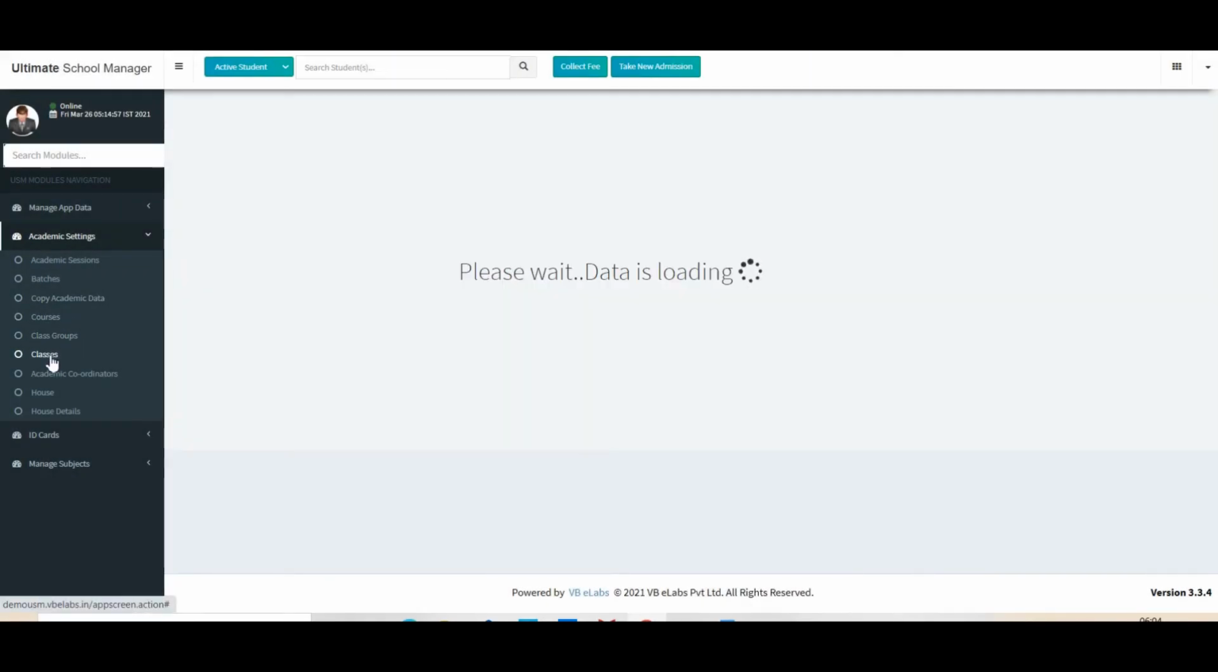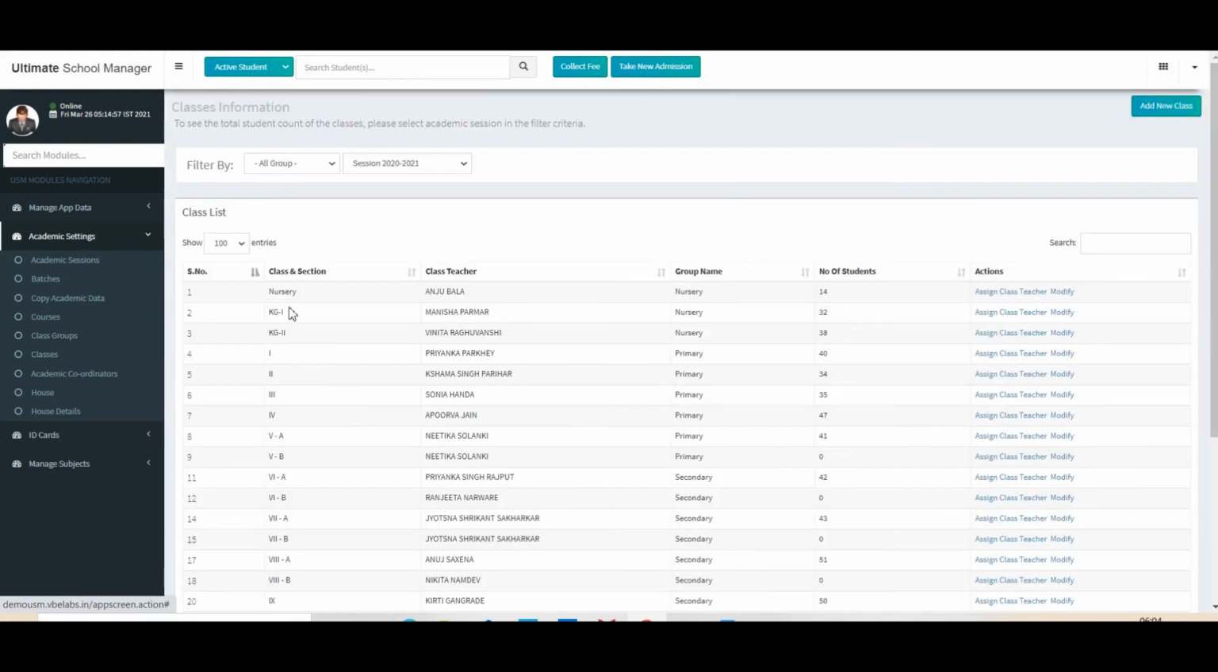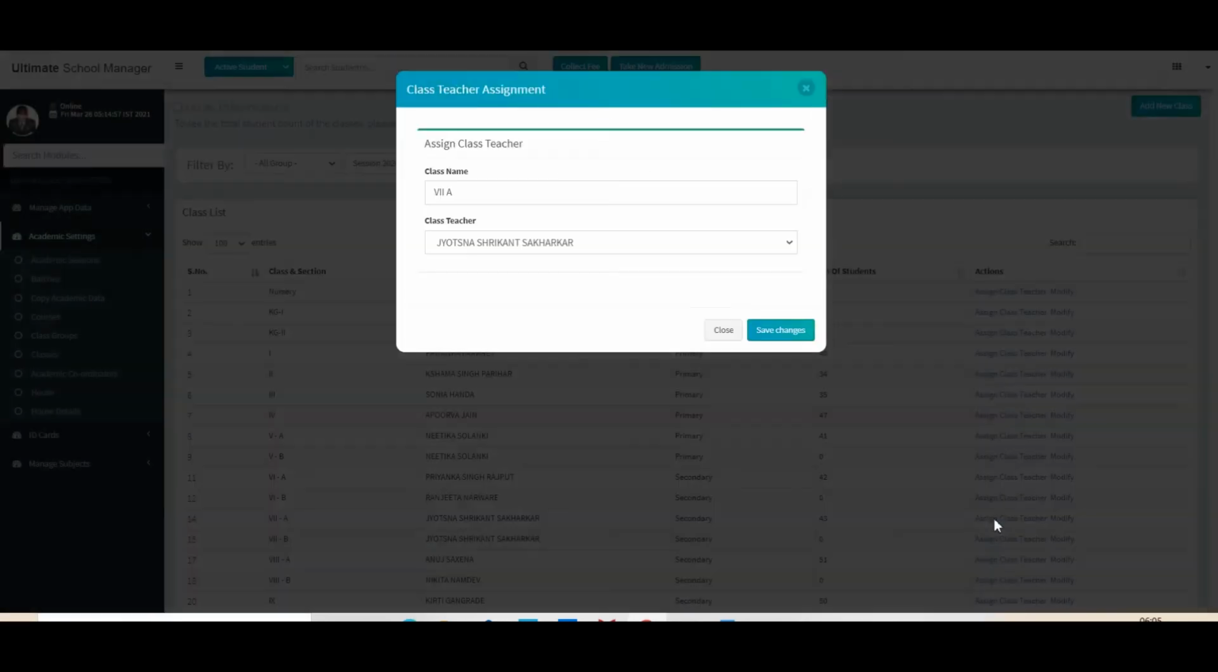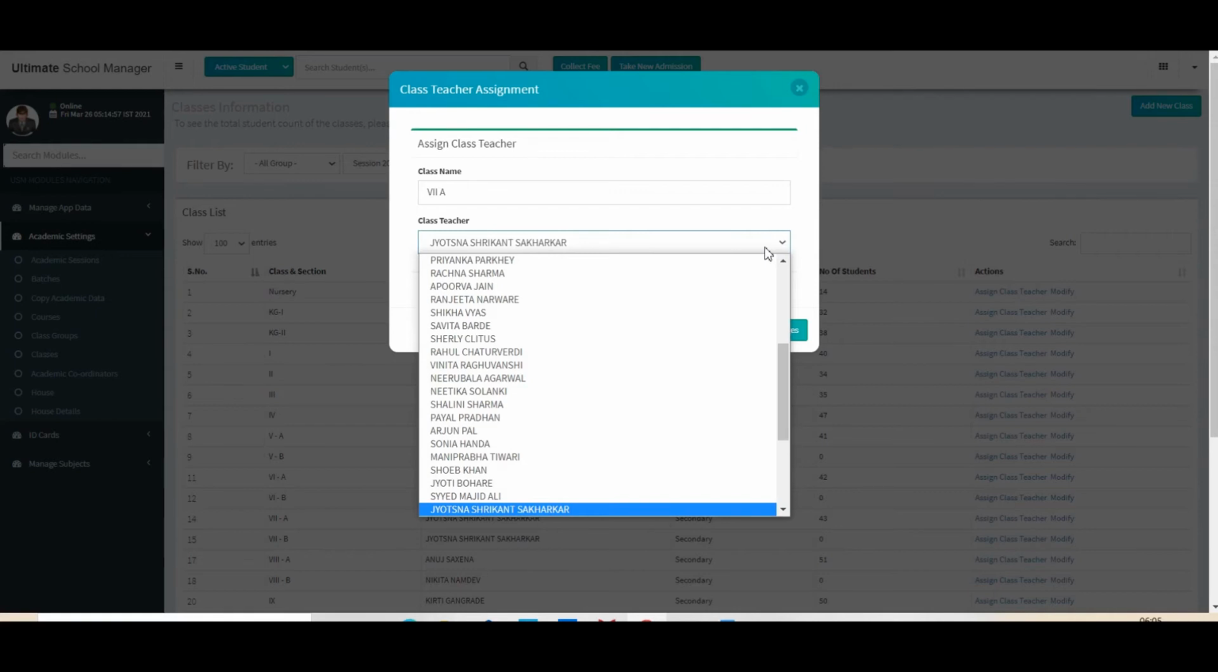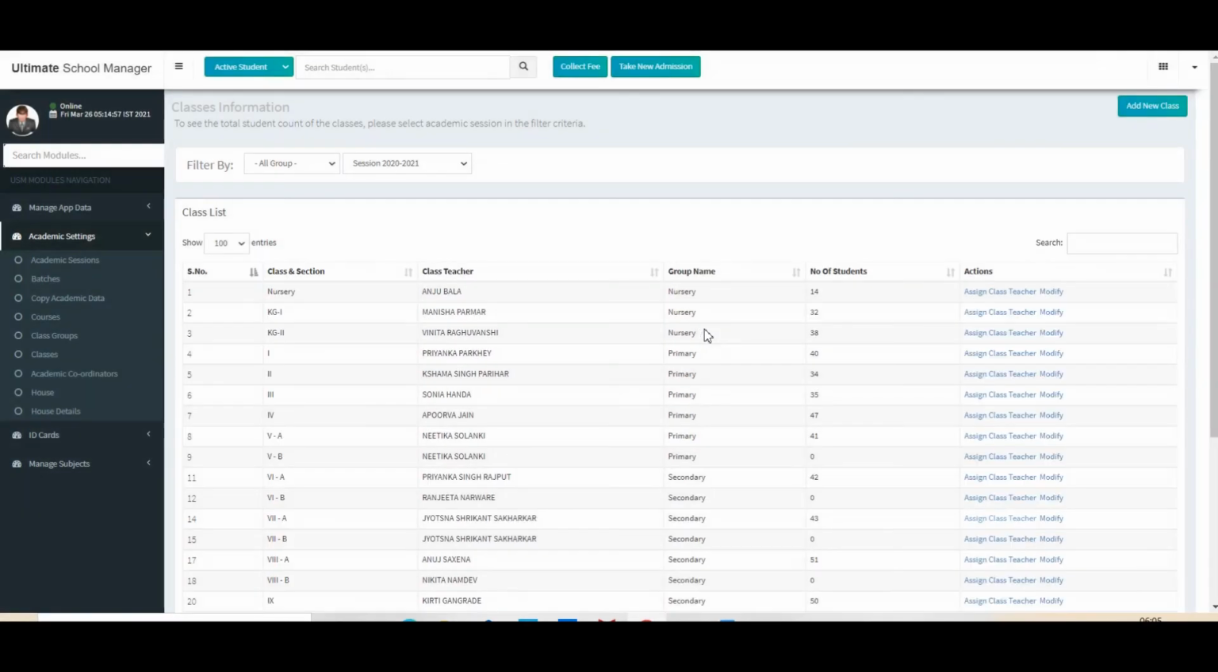Moving on to classes. Within these class groups, again we have the classes wherein we have section wise bifurcation. Every section can be assigned a class teacher here, and it will also show the number of students that every class has. So for example, we have one class 8A. We can assign a class teacher over here. For example, it's already assigned, so you can change it here, and you can save the changes, or you can click on modify,